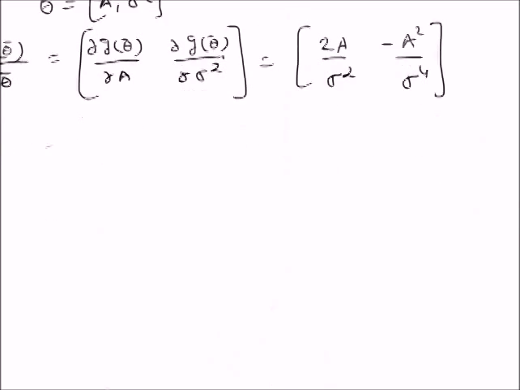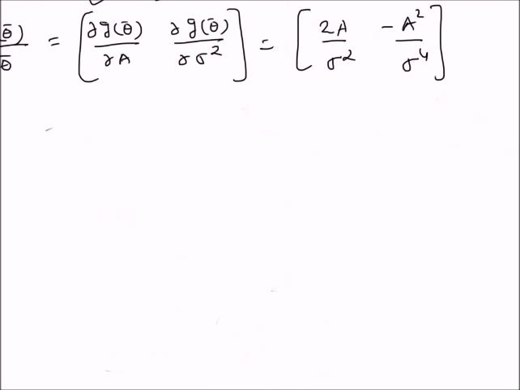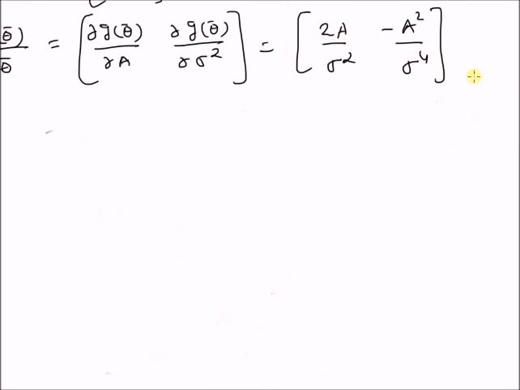And since we only have one component in the function alpha, we only have one row in the Jacobian. Next, we need to construct the Fisher information matrix. From a previous video, we know that for a linear model x of n equal to a plus w of n, following a Gaussian distribution with the parameters a and sigma square unknown, the Fisher information is given by I of theta bar equal to n by sigma square, 0, 0, and n by 2 sigma power 4.